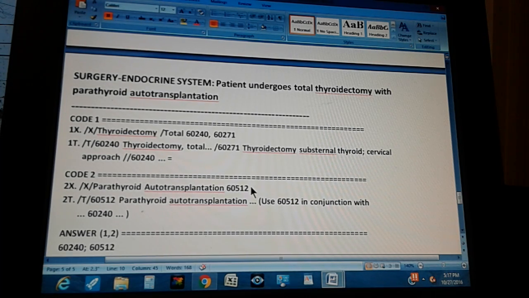And you're going to check this code in the tabular. Code number 2 through the tabular is found like this. You go to the tabular, then you get 60512, which is the code that you found in the index. And what do you read there? Parathyroid autotransplantation. And just to confirm that we got the right answer, in parentheses we see the conjunction with 60240. It says use 60512 in conjunction, which means together, with 60240. So that's a confirmation that we got the right two codes. So the answer is 60240 and